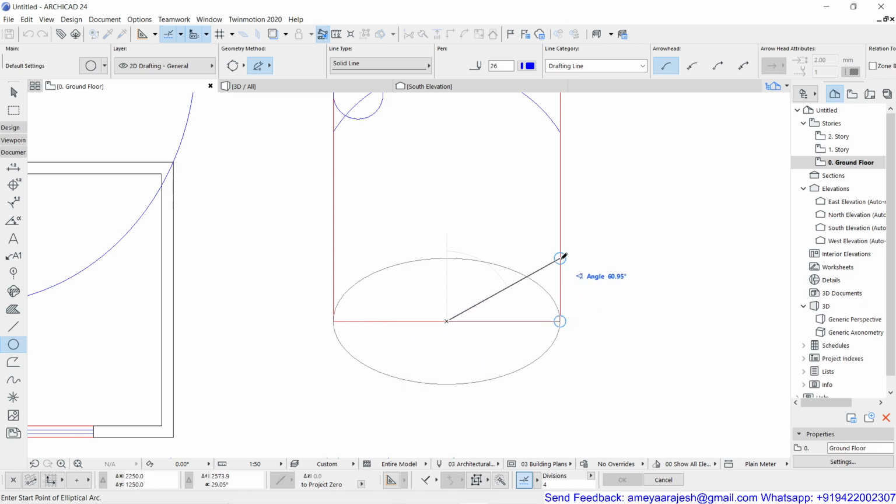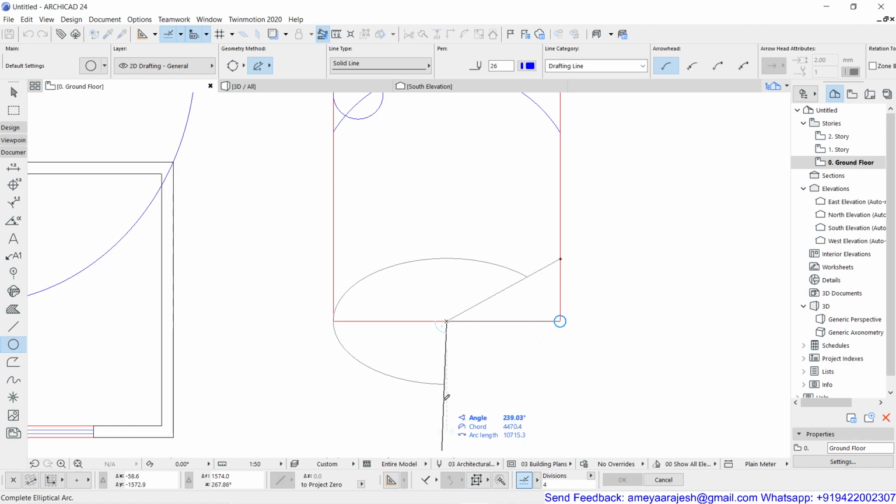So if my elliptical arc starts from this particular point, right, and then you start dragging your mouse, it is written again, complete elliptical arc. So where exactly it has to be concluded, remember that depends on your choice. If you come and pick the same point, then obviously you're going to preserve the full ellipse, or otherwise you can decide at what point you want to break this particular elliptical arc.